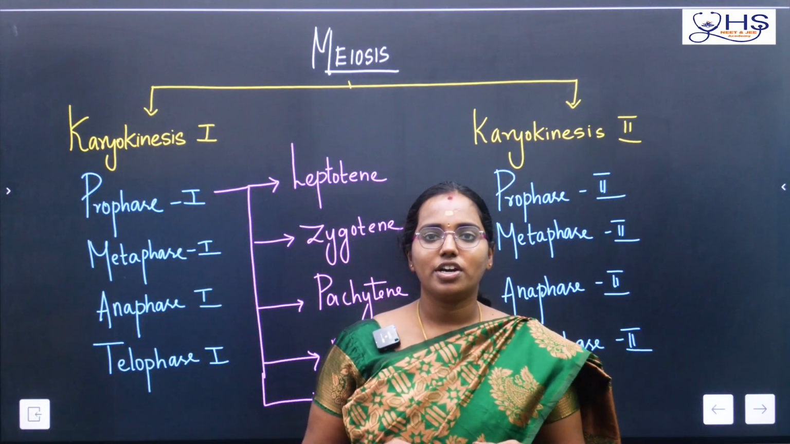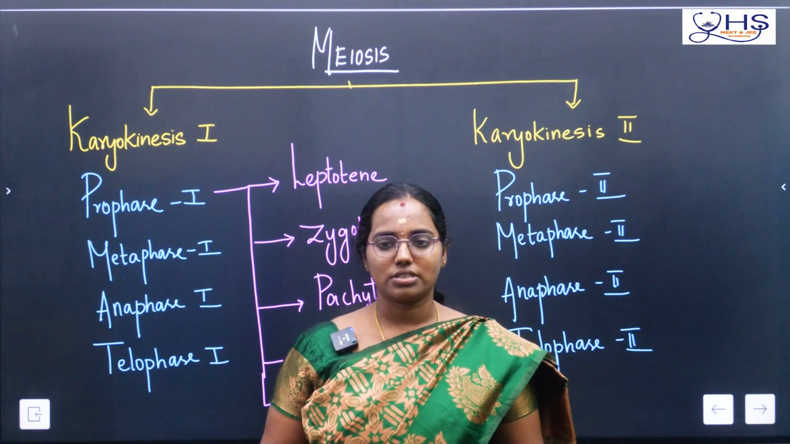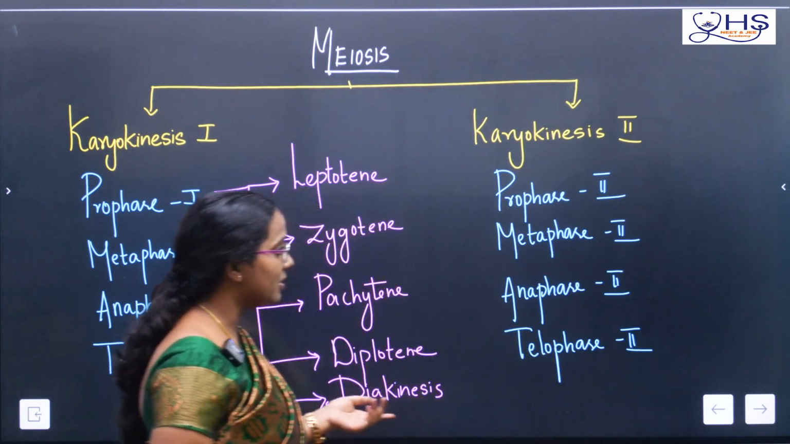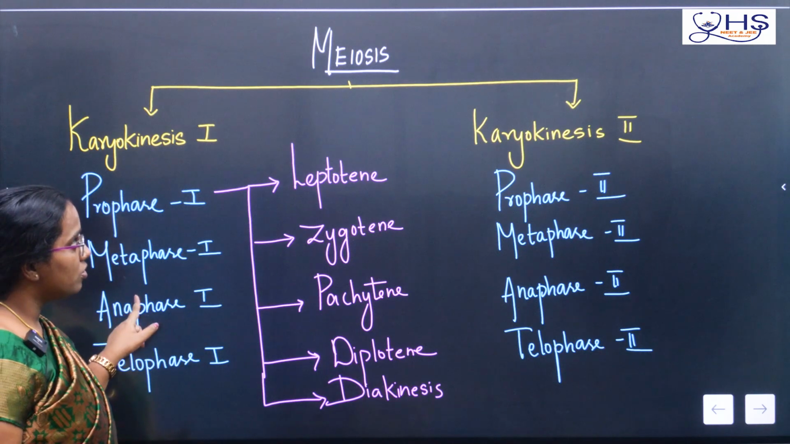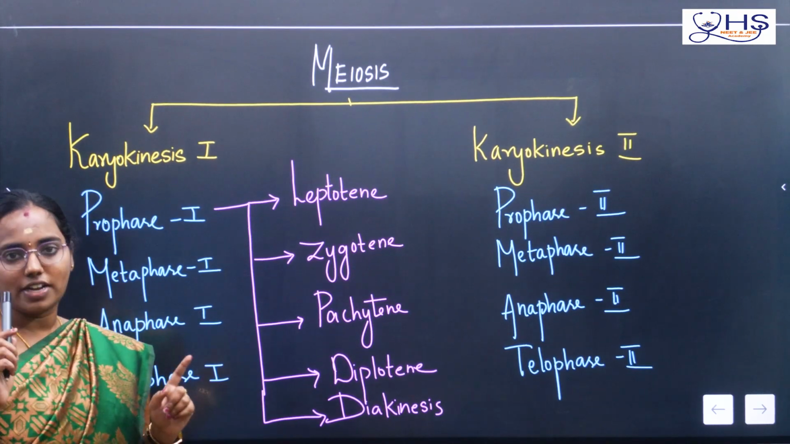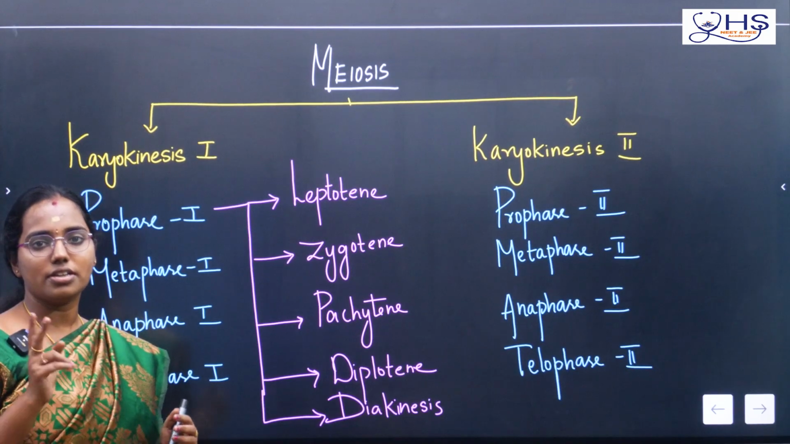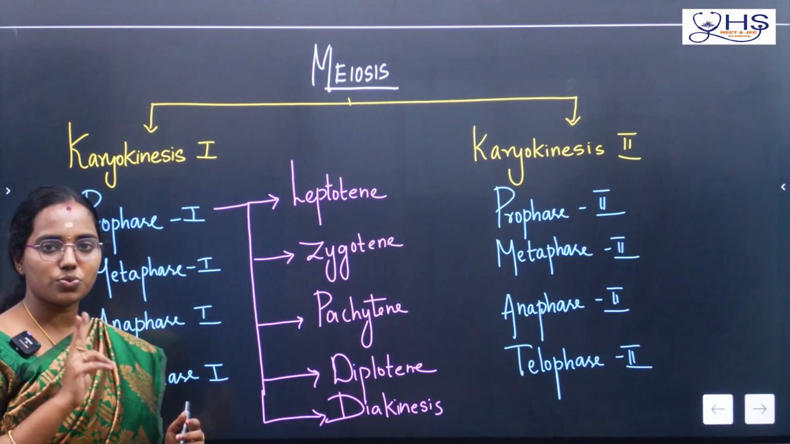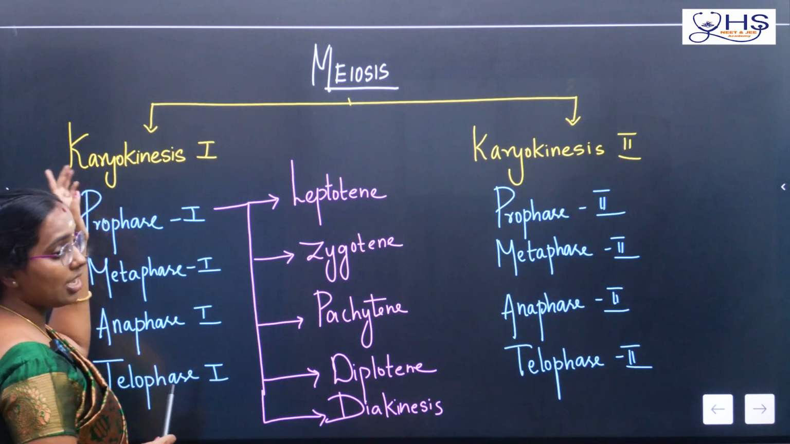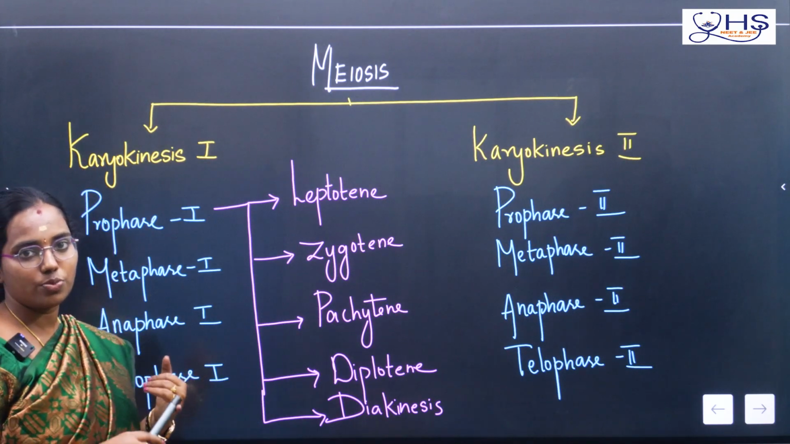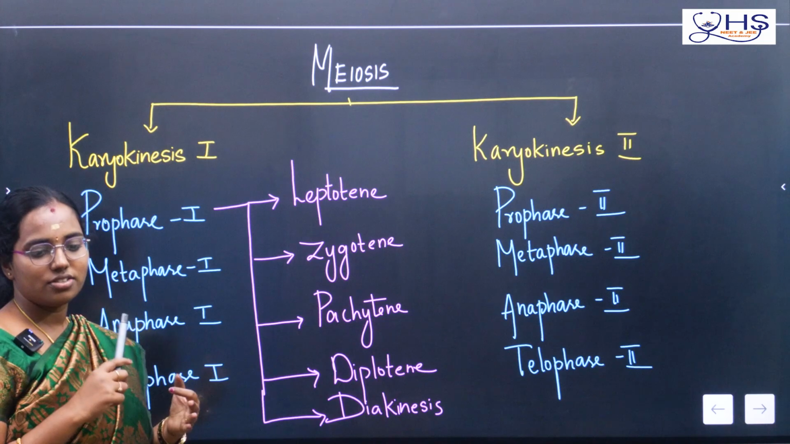Today in this video we are going to discuss meiosis. In the last video we completed mitosis, and now we are going to see meiosis. In mitosis there is only one division, but in meiosis there are two divisions, meiosis 1 and meiosis 2. In meiosis 1, all the same phases will be repeated: G1, S, G2,